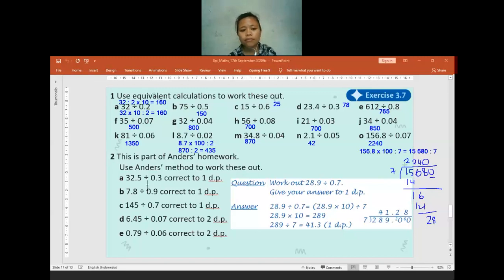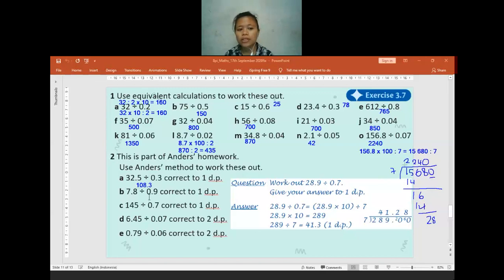For the question 2A, anyone already done it? Can you tell me how much did you get for the question 2A? You can chat me through the chat box, or you can unmute yourself and tell me what your queries are. Oh, okay. For the question 2A, correct. Someone told me already it will be 108.3, correct.